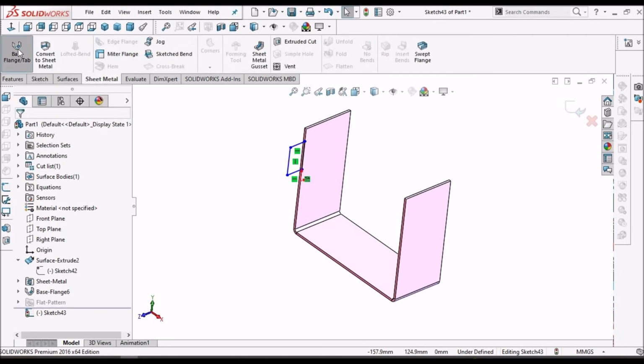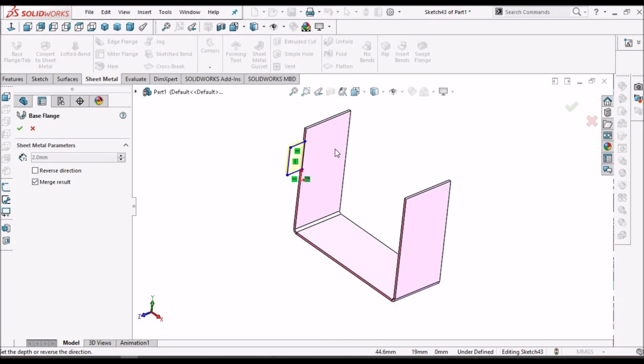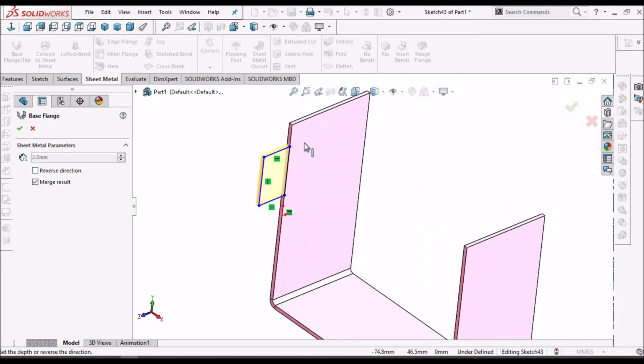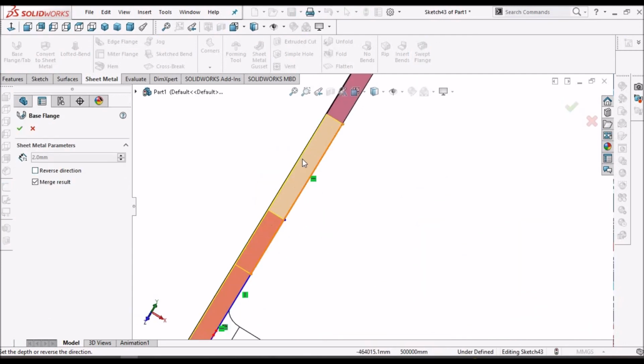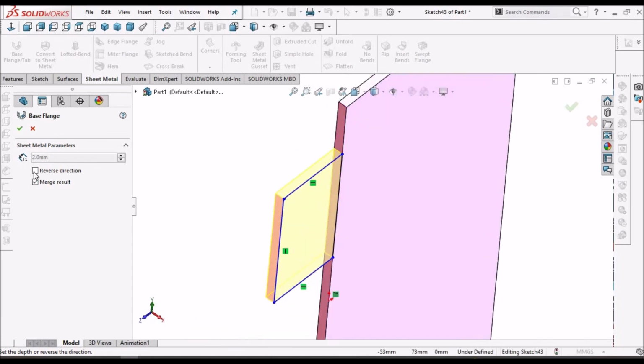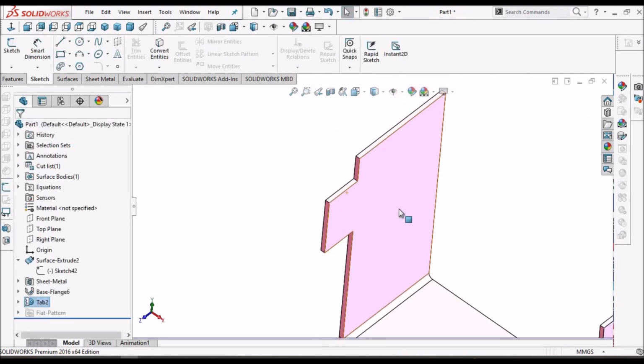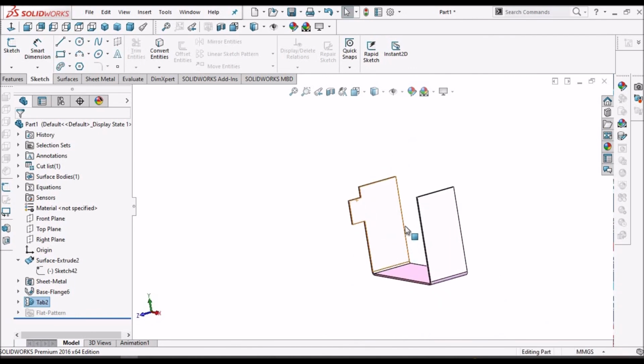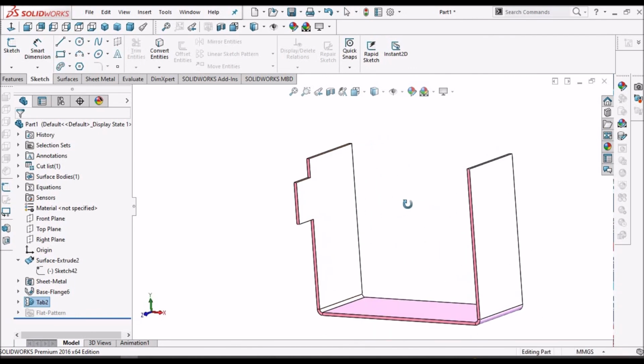So I have to go to tab once again. And we have to click like this. We can reverse direction, but this is not preferable. So this is the tab feature we can create.